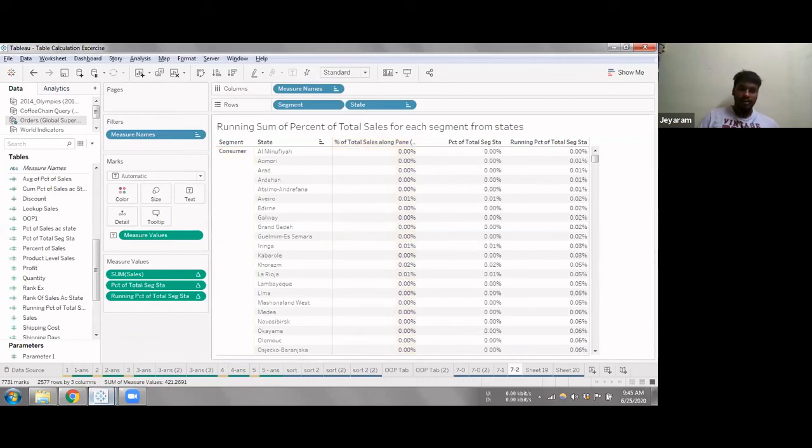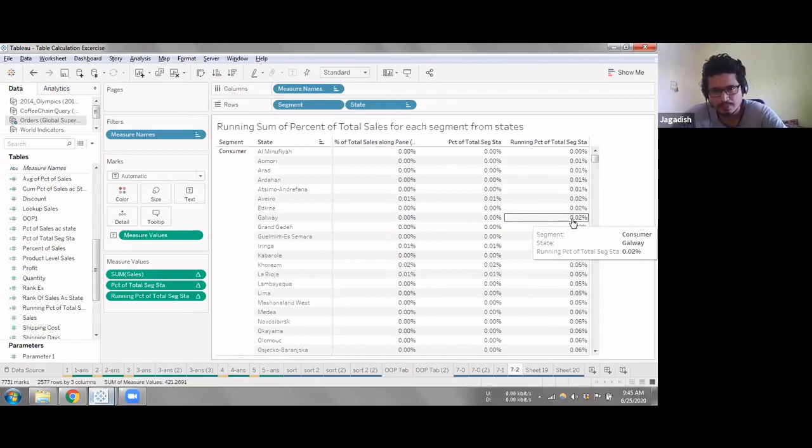So when we take the running total, at some point it will be like 0.009, so it will be taken as 0.0. Is it the case? Formatting, rounding. Okay, that could be the reason.